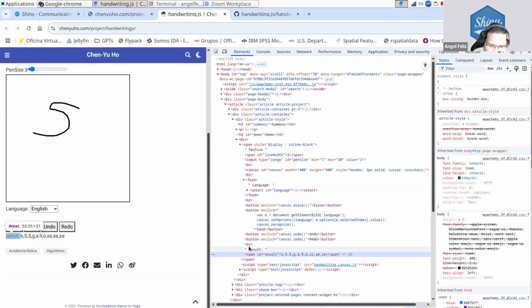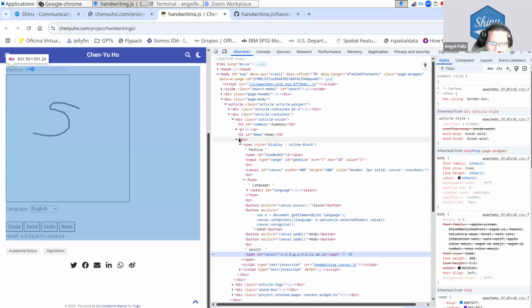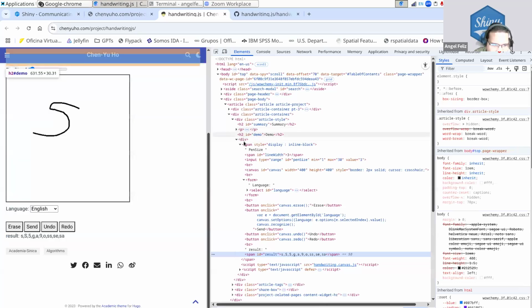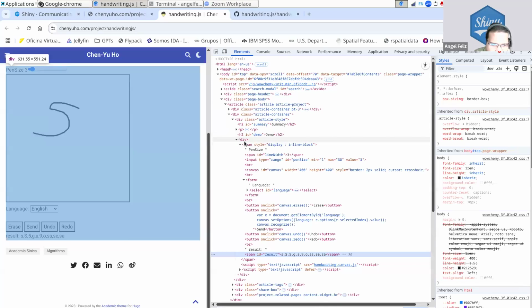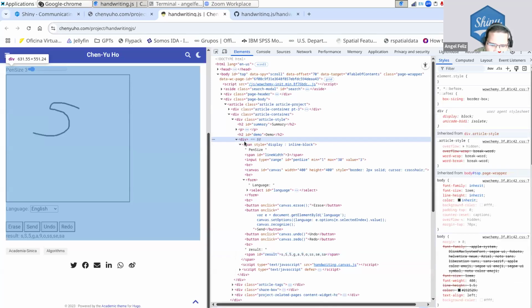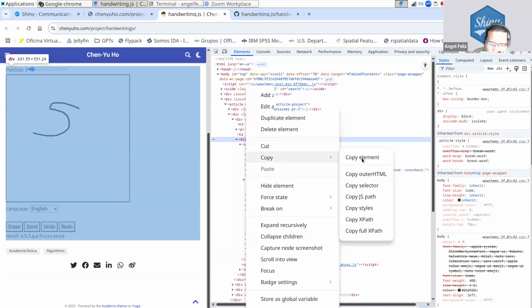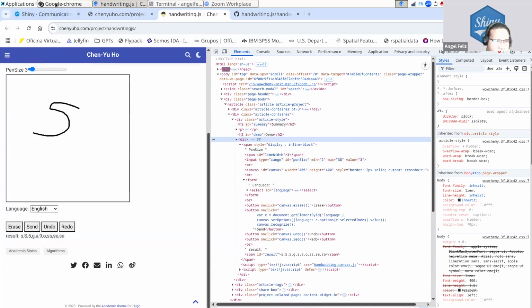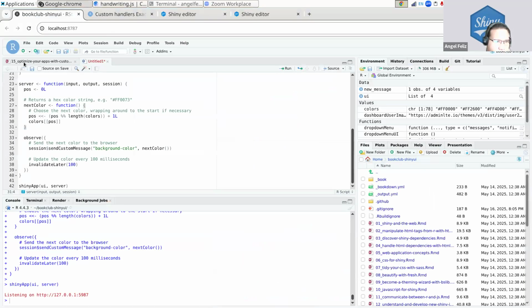And we have these results. I would just copy this. So the div starts here. Okay, I will copy all of this. Copy element. Let's go to our